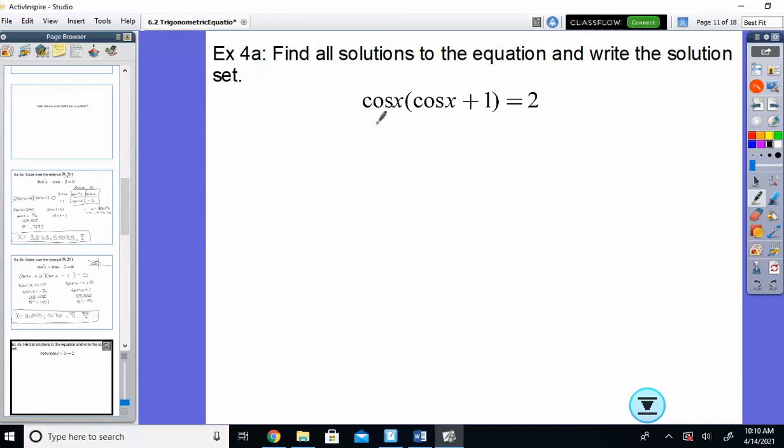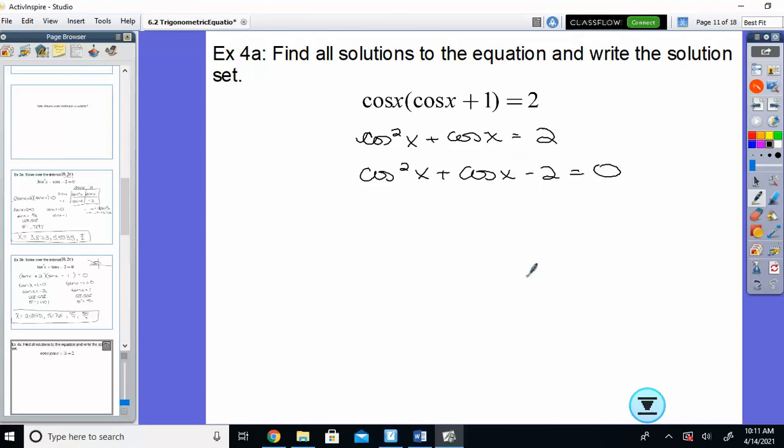So we have to start over here. We're going to have to multiply it out. Then we have to subtract over that 2. Then we can do box method. Because it is a 1 cosine squared, we can do the shortcut. That breaks into cosine x and cosine x. Multiply to negative 2 and add to positive 1: positive 2, negative 1. So if we set those equal to 0,